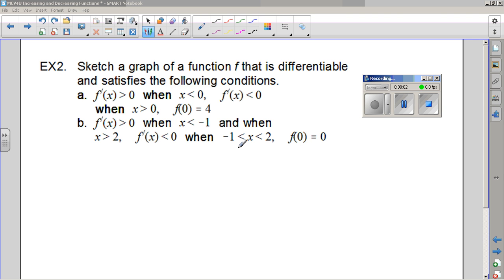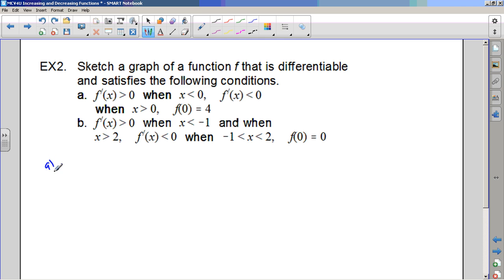Back for part two. Here we're asked to sketch a graph of a function that is differentiable. What does that mean? Well, remember, it means there are no discontinuities, no strange things like cusps or vertical tangents or anything like that. So it has to satisfy the following conditions. The conditions are f prime of x is greater than 0 when x is less than 0, and f prime of x is less than 0 when x is greater than 0, and